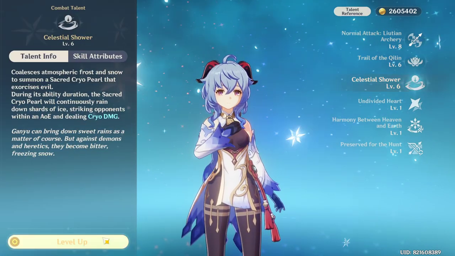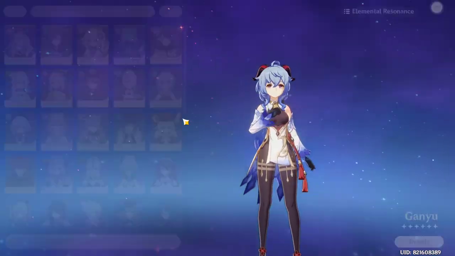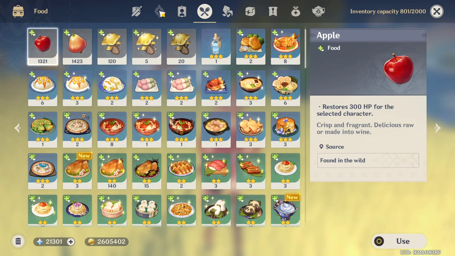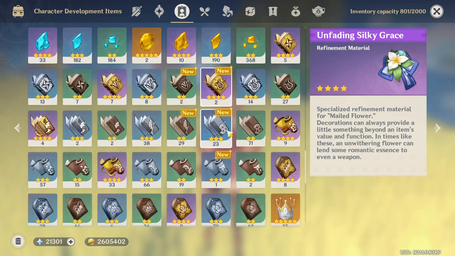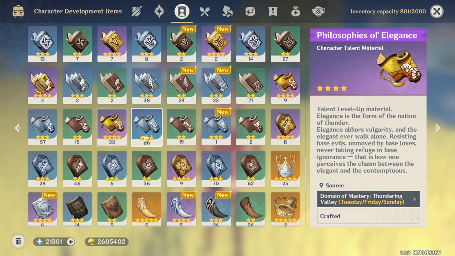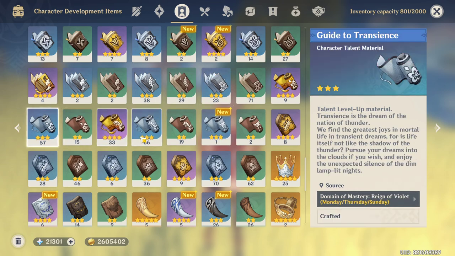I just realized, I want to get talent materials for someone, didn't I? Fireworks are for now, but friend. I have 33 of those. 66 of these. Honestly, I actually have enough to at least get all of